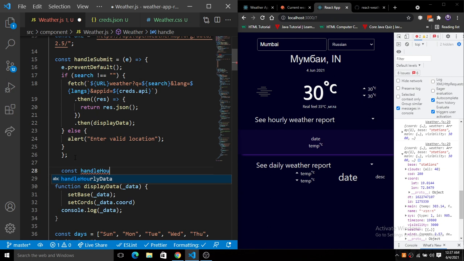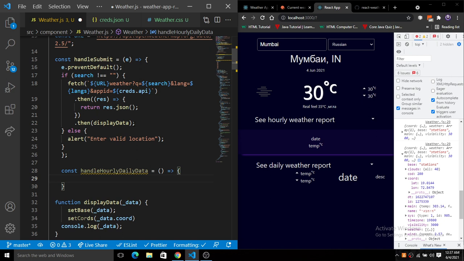Here we have this function. We will call this function after this display data. So after display data, we call another function, and here we just pass handleHourlyDailyData like this.